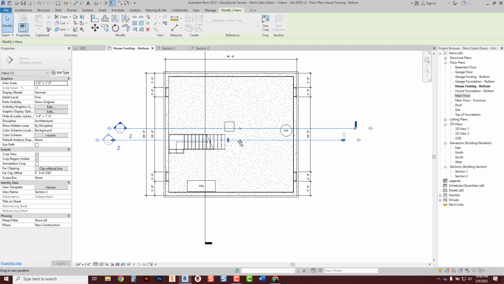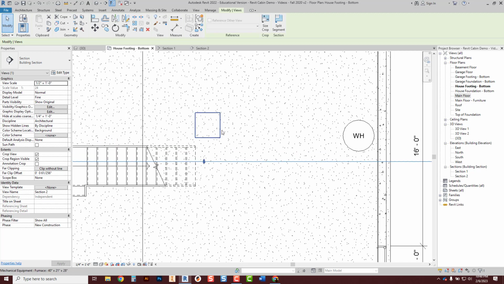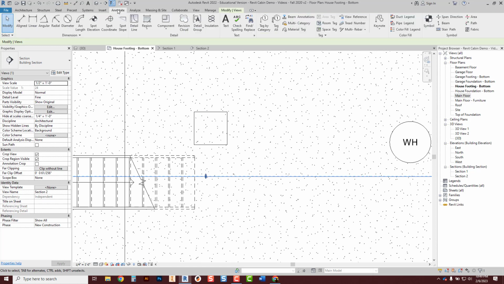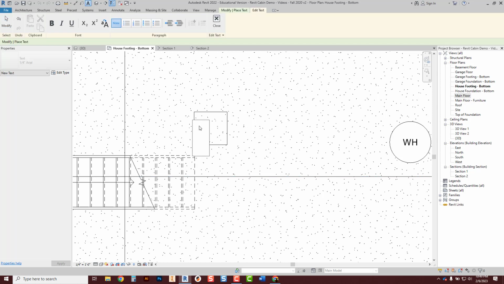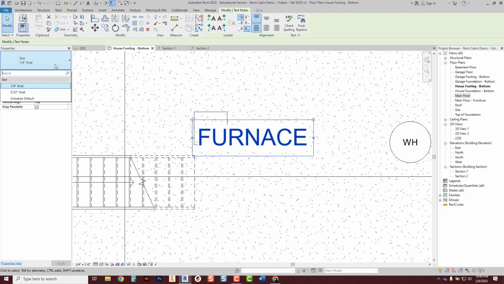That pretty much wraps up that basement plan. It wasn't too much to actually finalize that. A couple of components. If I do want the label for furnace, our last little thing, I would just go to the Annotate tab and grab that text tool. And then I could add any text I'd want in there at this point. Turn my caps lock on, furnace. There we go, click off, escape a couple times, highlight that text, and